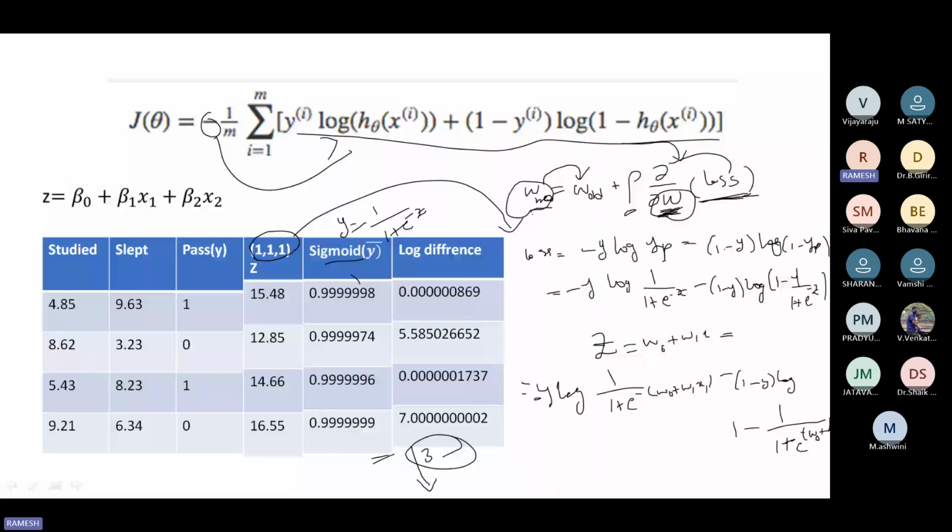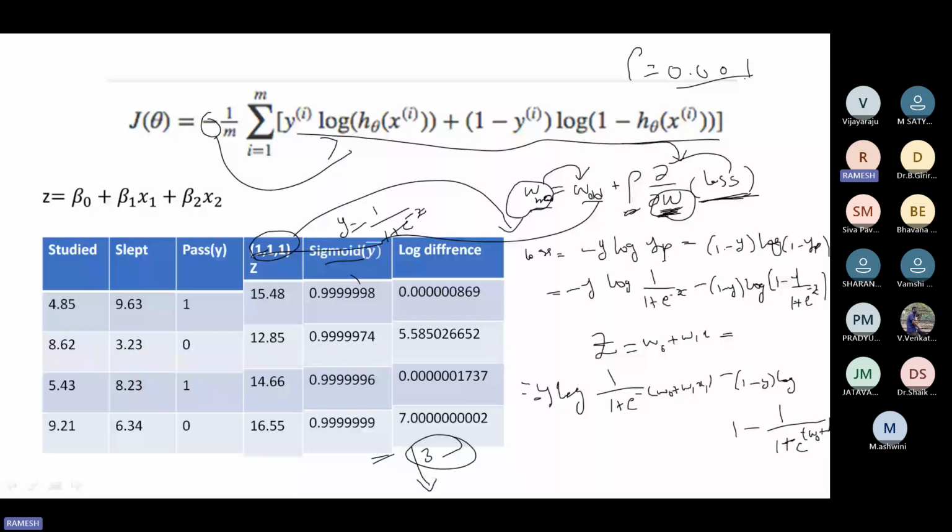Here the old w values we can take as 1. And rho is the learning rate; we can take a constant value like 0.001, neither a big value nor a very small value. We take a medium value for the learning rate, then we update the weights, and it will keep on going